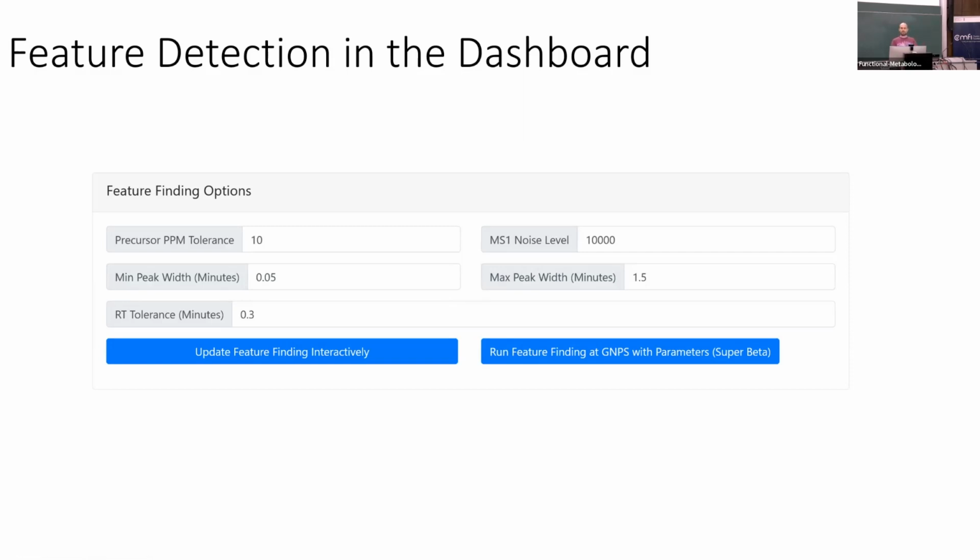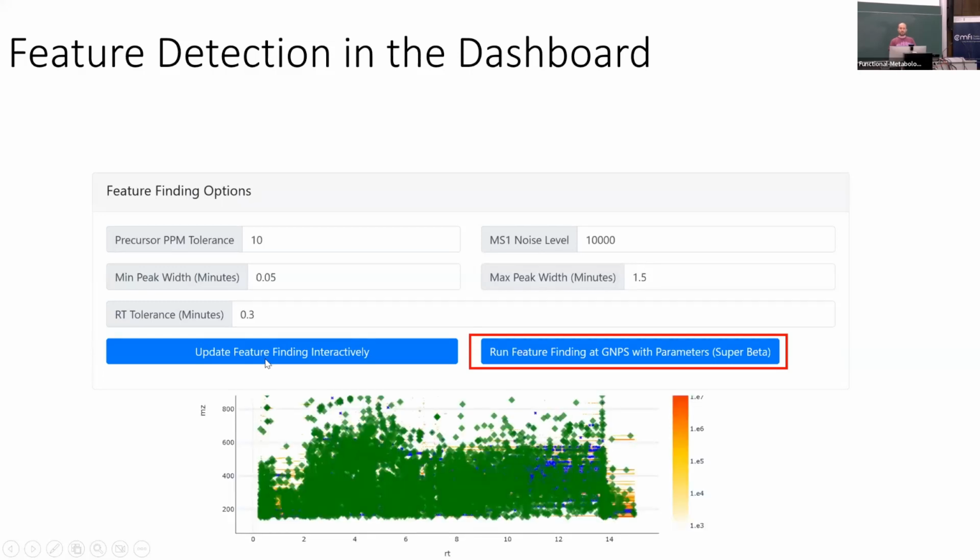So now I can set this with what I think might be appropriate by actually looking at the spectra right in the dashboard. And then I can either run this already in GNPS or, on the other side, just update the view. And then what you will see is that in that LCMS heat map, there will now be green boxes appearing, and each of them indicates a feature that was found, right? Now here I would say, okay, I have a nice coverage. If I would only have, I don't know, 10 or 20 boxes, then maybe my threshold was a little